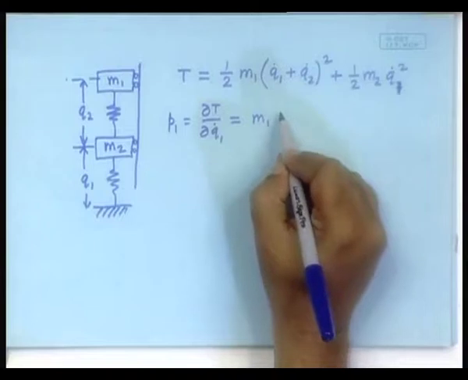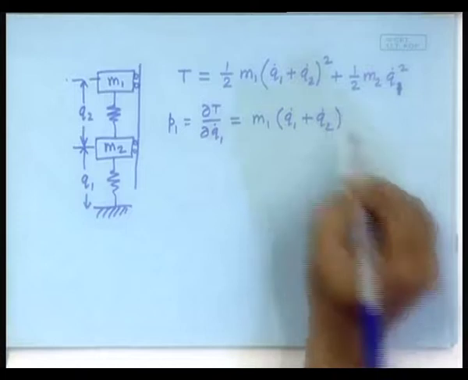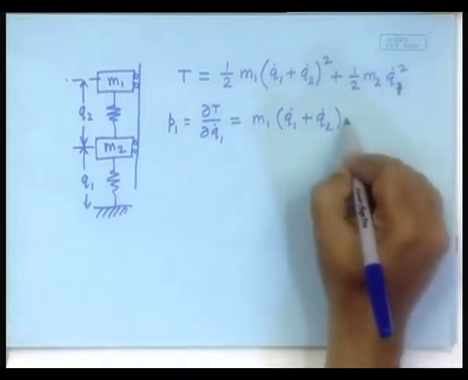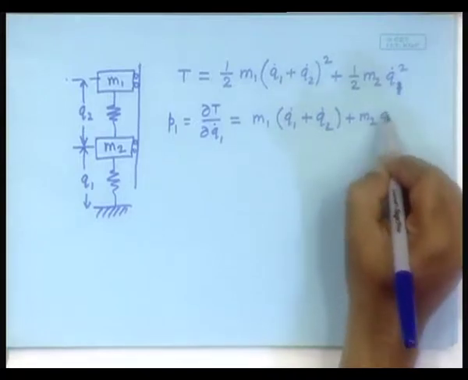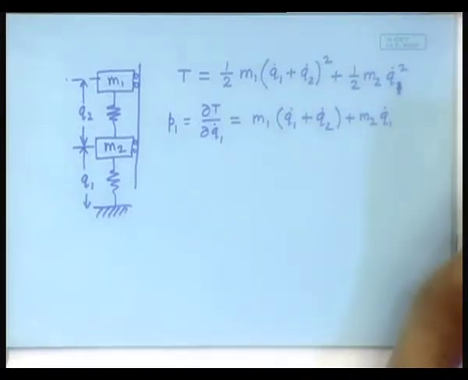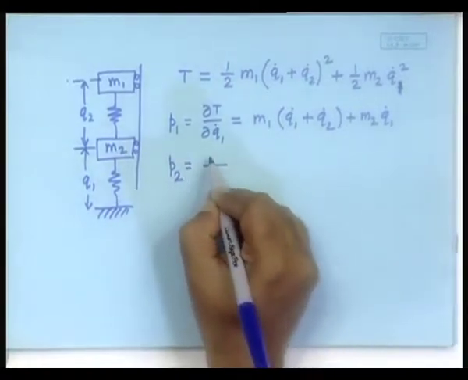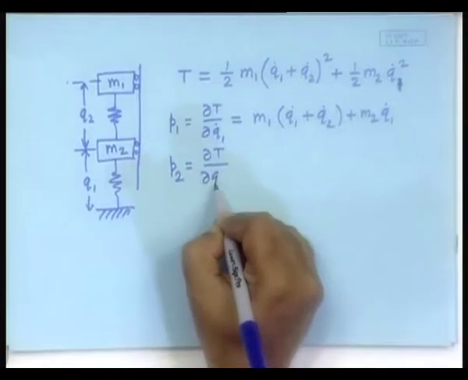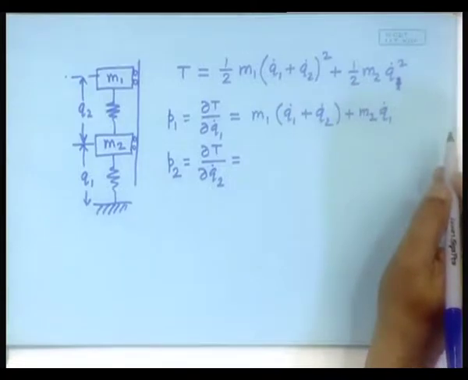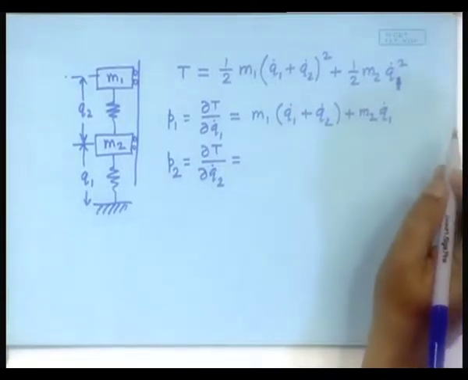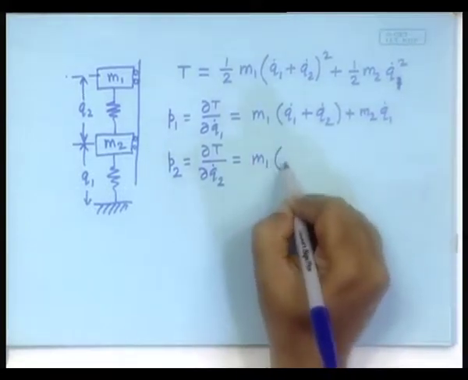M1 (Q1 dot plus Q2 dot) plus M2 Q1 dot. Similarly, P2 will be